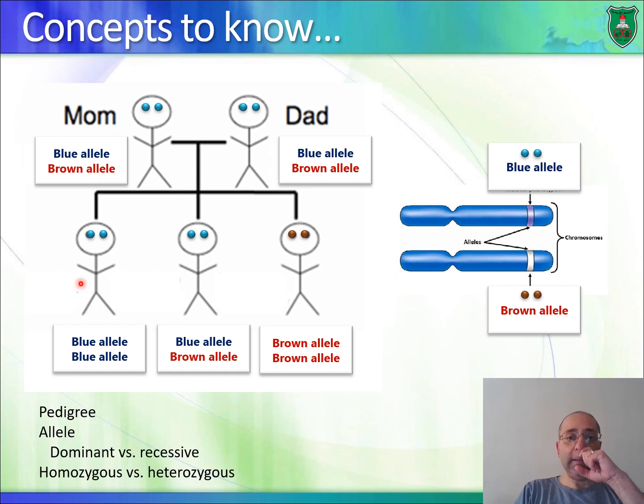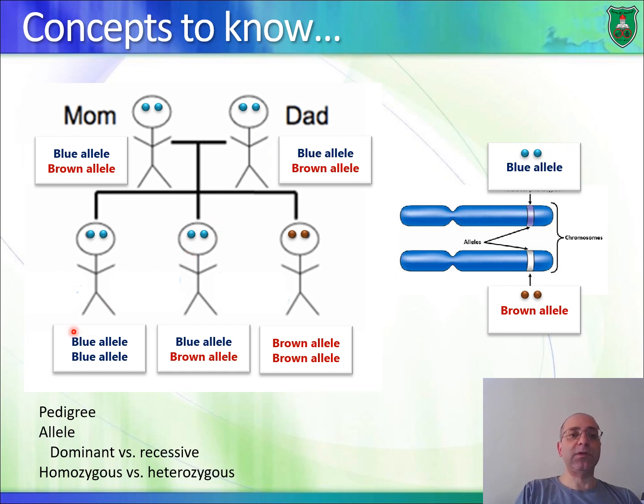So let's say that the blue allele is dominant, and the brown allele is recessive. So what does that mean, dominant and recessive? It means that if you have two alleles, one of them would prevail and dominate the other allele, so the phenotype of the other allele would not be shown. The dominant allele would be present in that individual. It would be the phenotype. So let's say that the blue allele is dominant. This means that if a person is heterozygous, the blue allele would win and the person would have blue